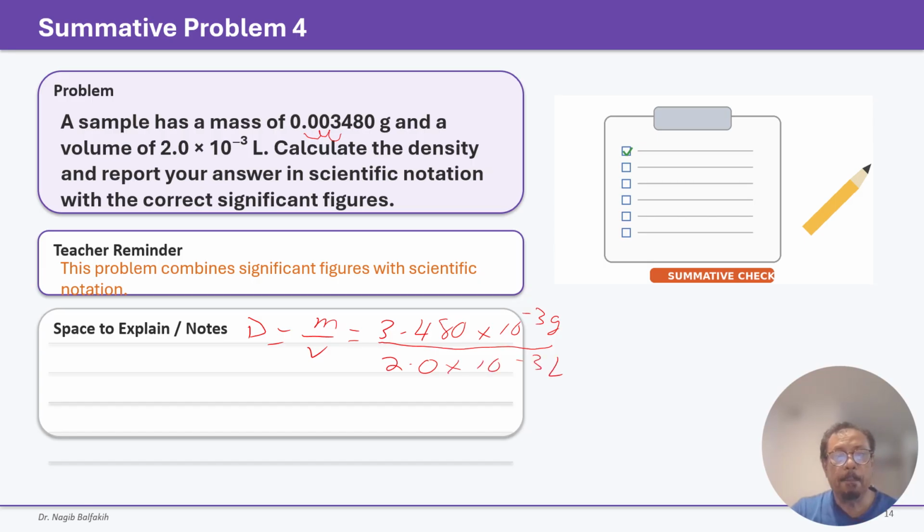Here the 10 to the power minus 3 and minus 3 are going to cancel out. And we're going to divide 3.480 over 2.0. This is equal to 1.74